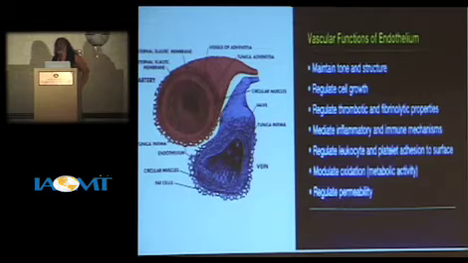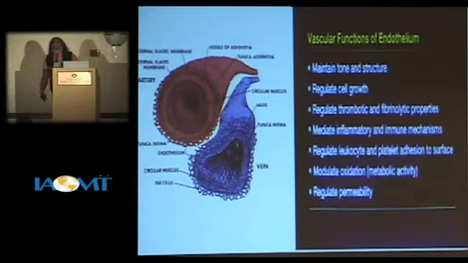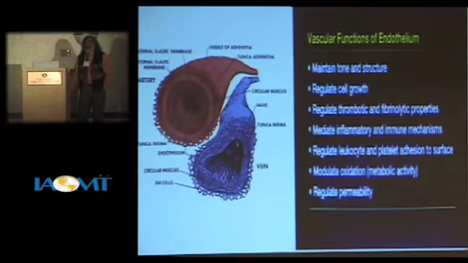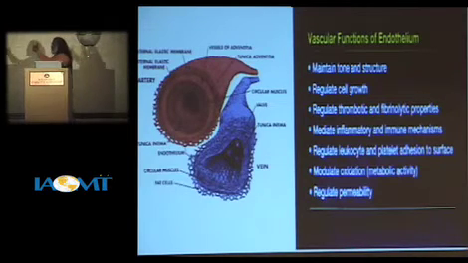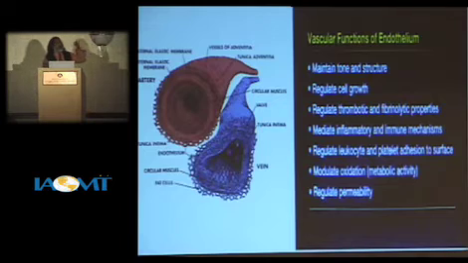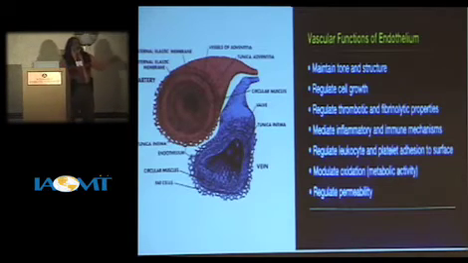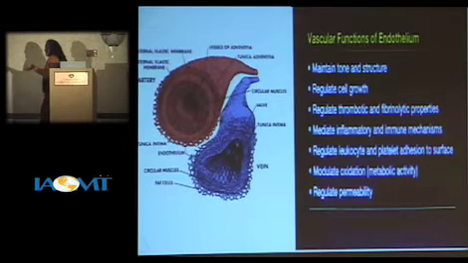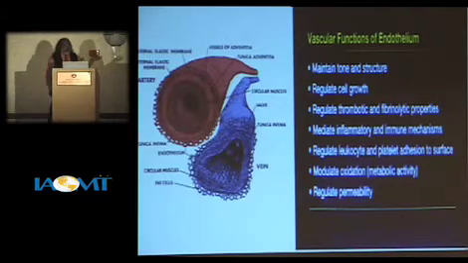Endothelium, one more function, is that it makes nitric oxide. Nitric oxide is a very potent vasodilator. If endothelial dysfunction occurs in smokers, because they smoke, nitric oxide production is lowered. Smooth muscle cells don't get nitric oxide from the endothelium, so therefore there is no vasodilation. So endothelium is that important.